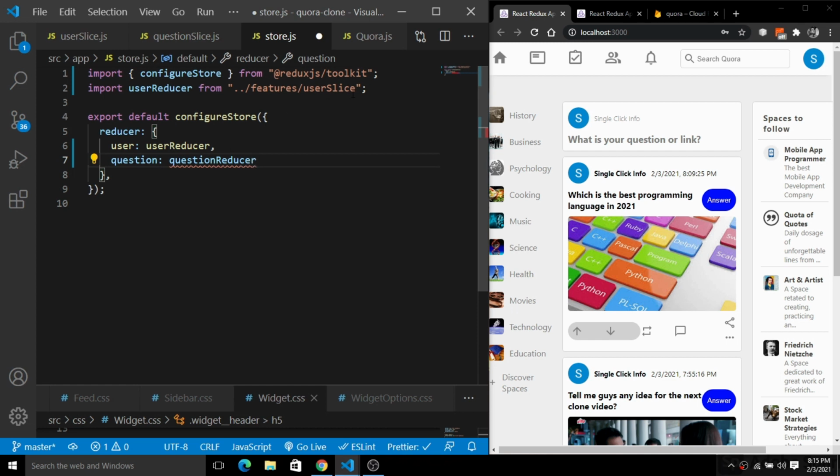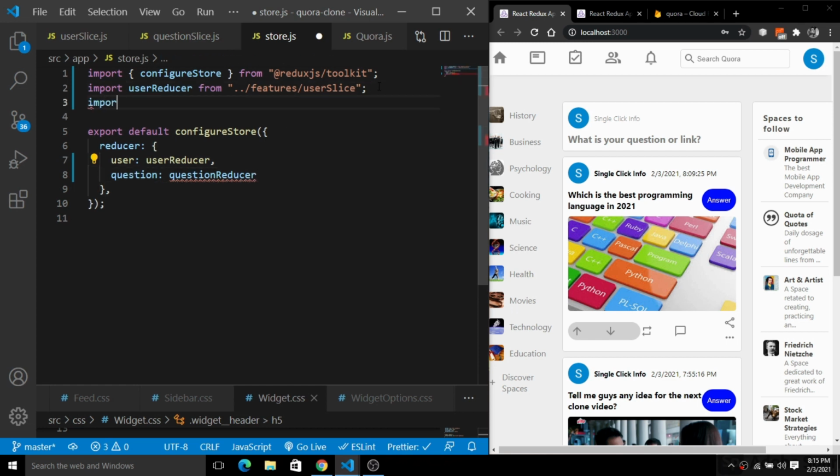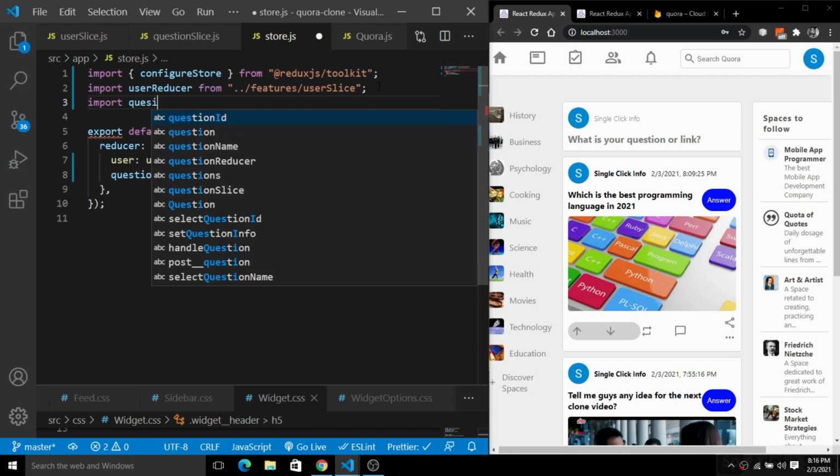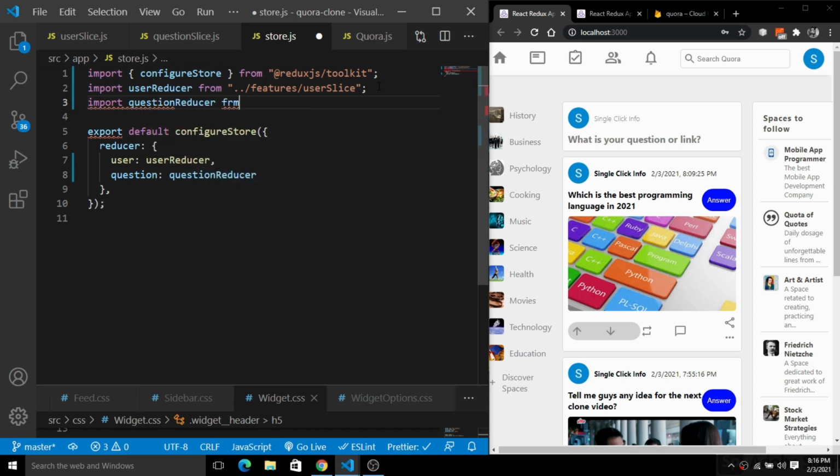Here you guys have to simply import the question reducer from features/questionSlice. Now save this. We have this question and we have this question reducer here, just like this. So we have both of these things here, inside of this store.js.